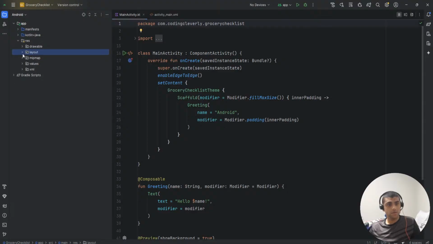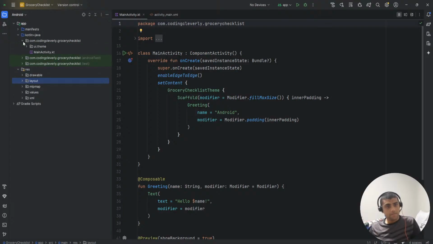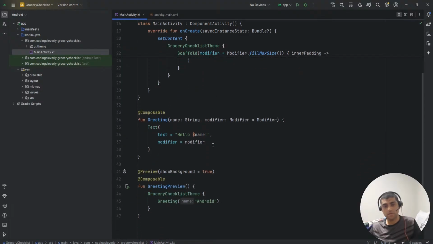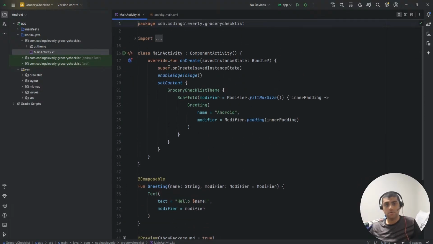So I think it's in the Kotlin plus Java, and then you go. I don't know why it has Android test, but there's this com.coding cleverly, and then checklist, and then there's this one. And exactly, this is the file main activity.kt, and you can see over here this is all written in